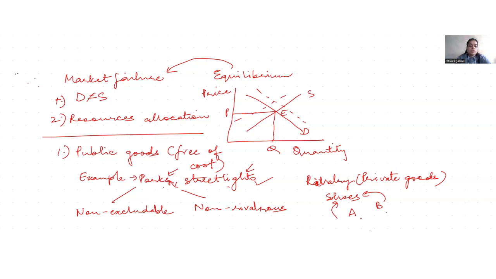Or if this particular factory is dumping waste into the water body, river, then the third party may be the aquatic life, the plants, the animals inside the water or the river. All right. So there can be two ways the third party is affected if a firm is polluting out smoke or dumping waste into the water body. So this is a simple example of negative production externality.